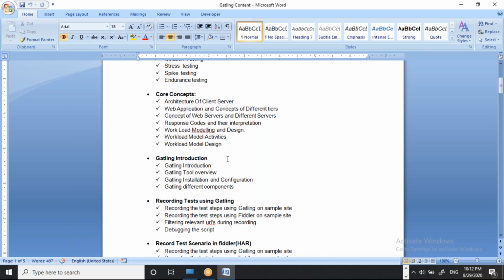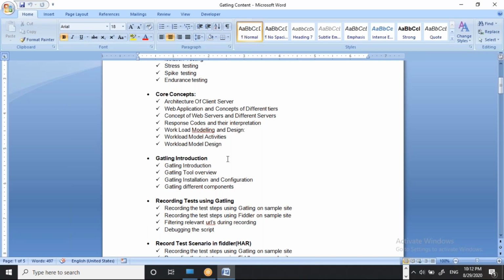So the first option is Stung and the second is Gatling. Stung is totally written in the Erlang language. It's quite difficult to understand, but this tool is also very fast and we are able to hit a load of near about 10 million.